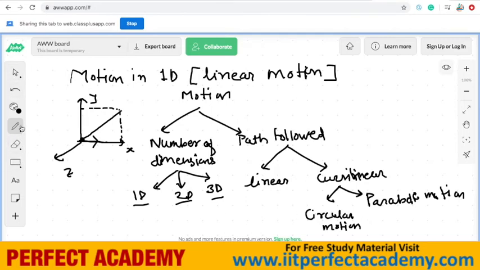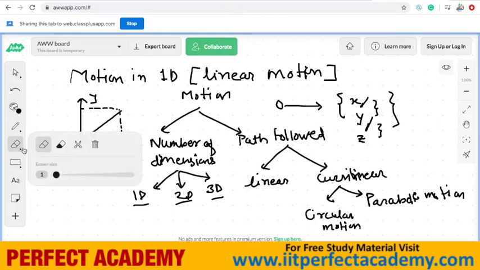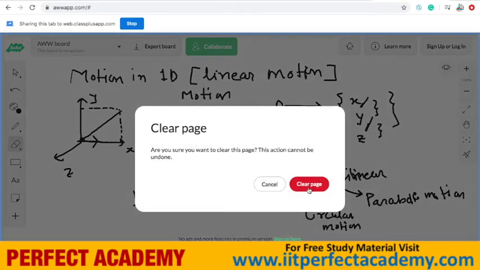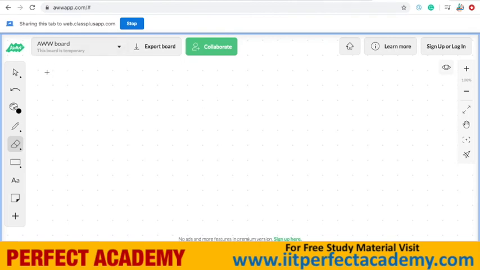Now what we have to study in this unit is a particle moving in a straight line, and that straight line motion is either in x direction or in y direction or in z direction. It is simultaneously not in xy, not in yz. That will become a two-dimensional motion, which we will be discussing in the next unit. So in order to start this unit we must understand the basic parts or basic definitions.